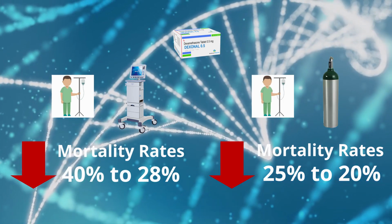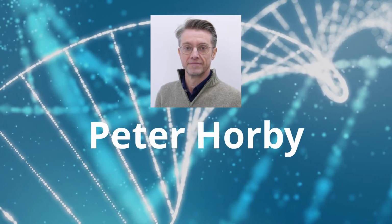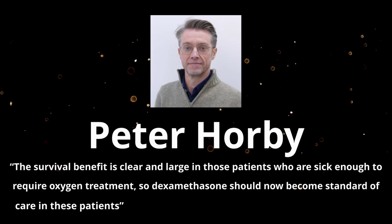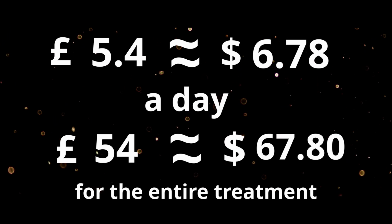for patients on oxygen. The cost-effective abundant drug is a breakthrough, and one of the chief investigators of the recovery trial is calling for dexamethasone to become the standard of care for patients on oxygen and ventilators. Subsequently, it would cost just 5.4 pounds, equivalent to $6.78 a day for the treatment, totaling to 54 pounds for the entire treatment, which is about $67.80. This drug is the first drug proven to cut deaths from COVID-19 and should be celebrated as it has